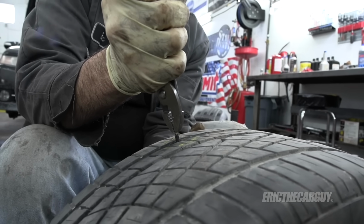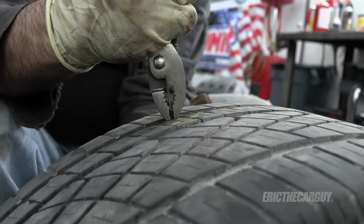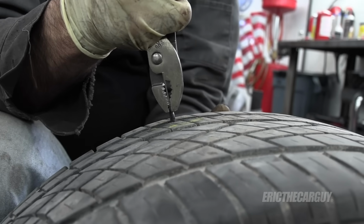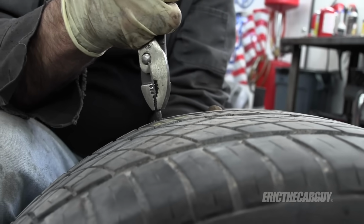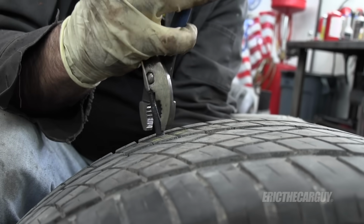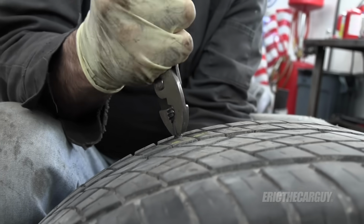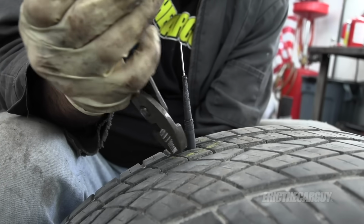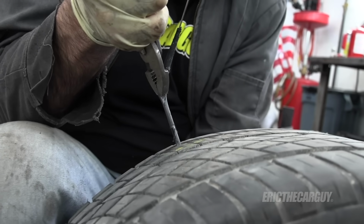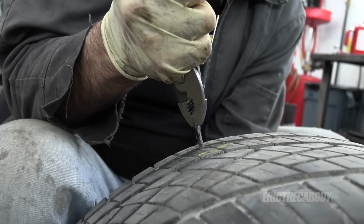Now that that's poking through, I'm going to take my pliers, and I want to pull on this metal part as little as possible, so as soon as it's up through and I can grab rubber, that's exactly what I intend to do. And just keep pulling it through, because this metal part will pull out. All right, once it bottoms out,